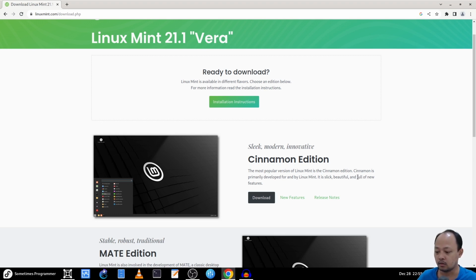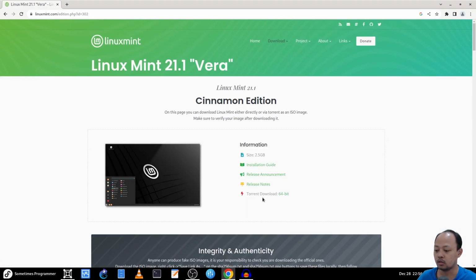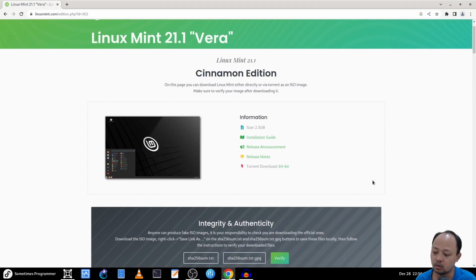Okay, and when I click the download button, we can see the size of the ISO is around 2.5 gigabytes. It's quite big for me, so I downloaded it using the torrent method. After we downloaded the ISO image, we can try it first in live mode.